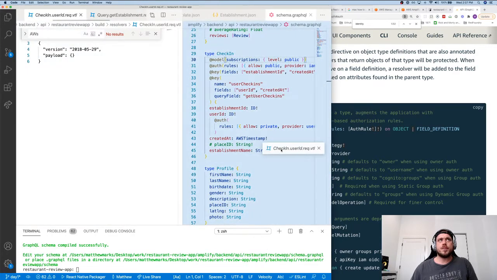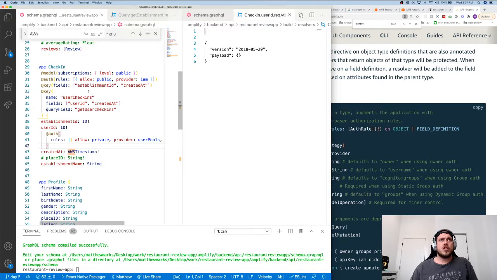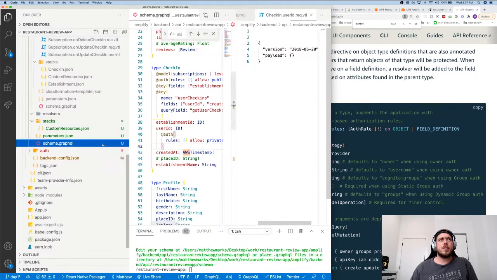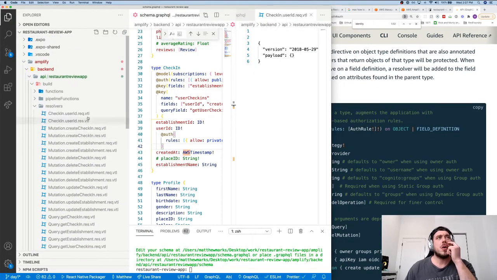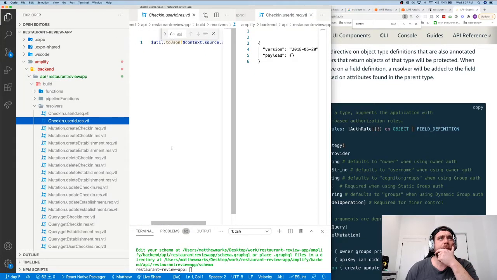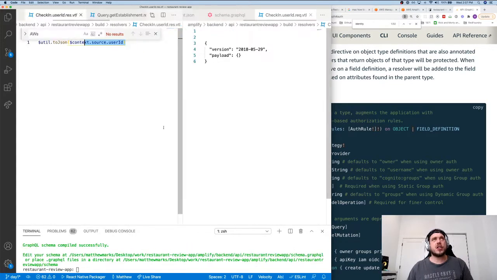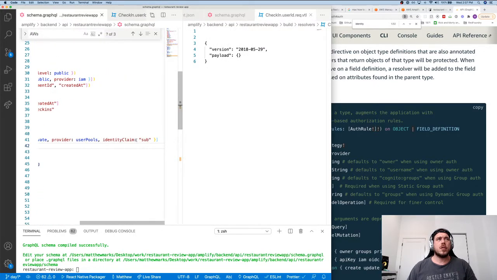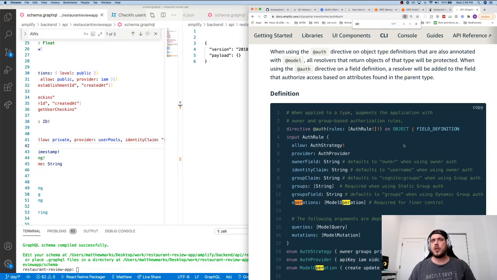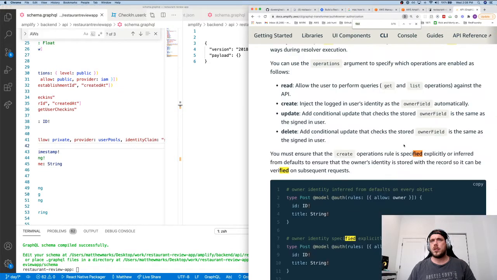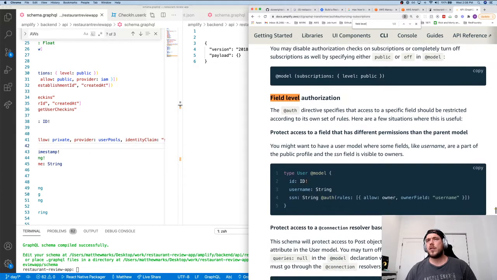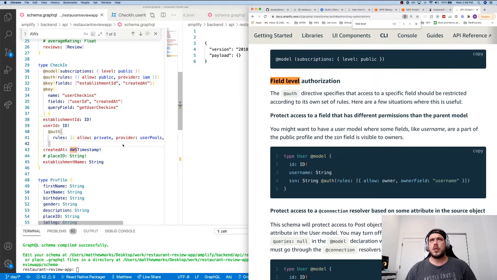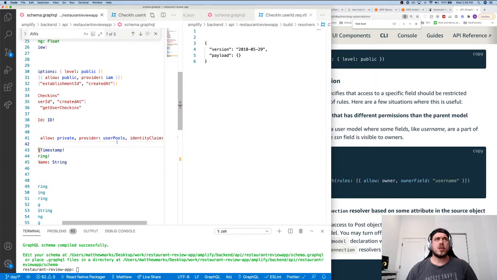Okay, so what's happening here? Check-in user ID. Okay, we're saying auth rules allowed, identity claim sub, but it does not seem to be checking anything here. No authorization is happening at all. Okay, so per field. There we go, field level authorization. Okay. So let's say